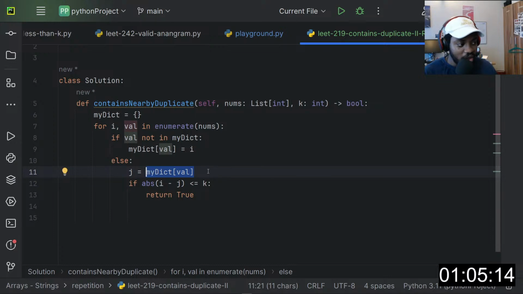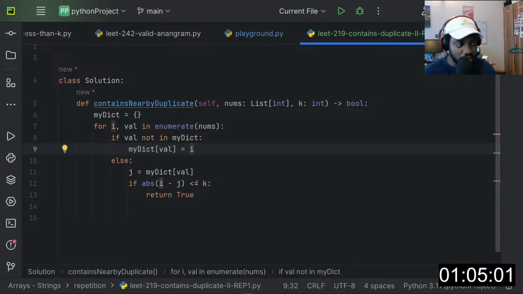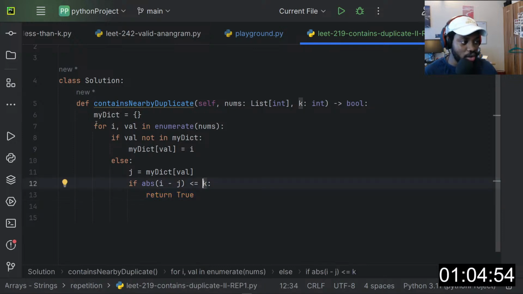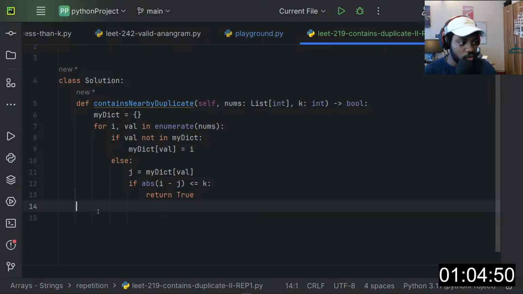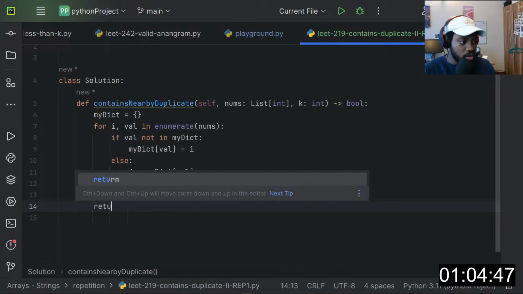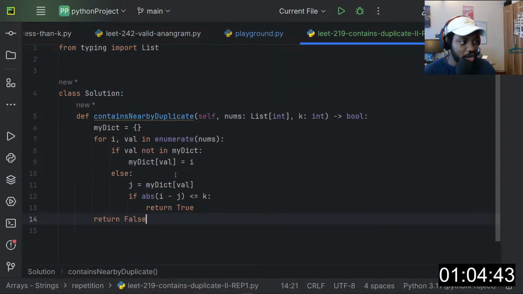If the absolute value of the difference between this I here and J, which was the previous occurrence of the same value in the dictionary, is less than K, then we'll return true. Otherwise, when this entire iteration is done, we can just return false, meaning we did not find any duplicate.